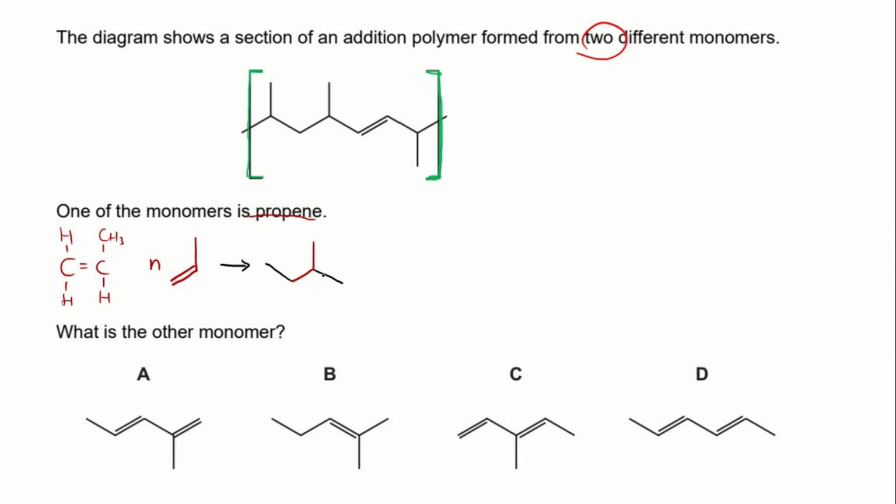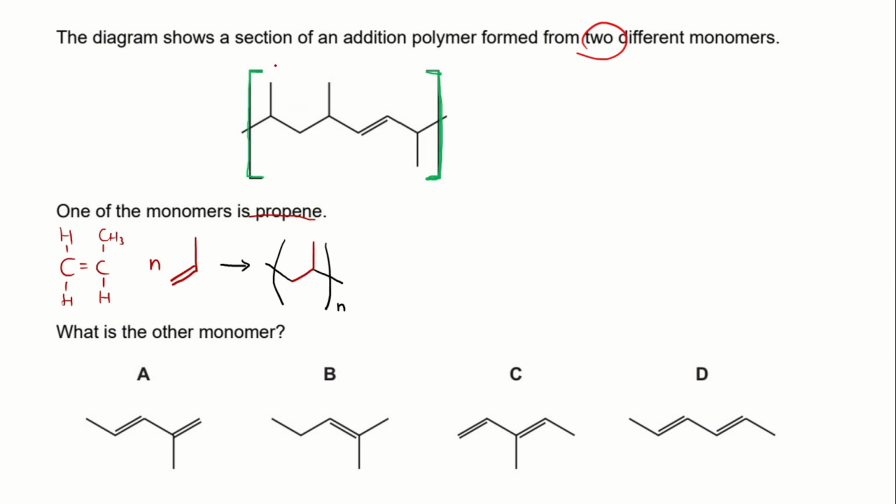So I show these two dangling bonds to show how this part is bonded to other monomer residues. By looking at this polymer structure that is formed by propene monomers, comparing it with the structure of the addition